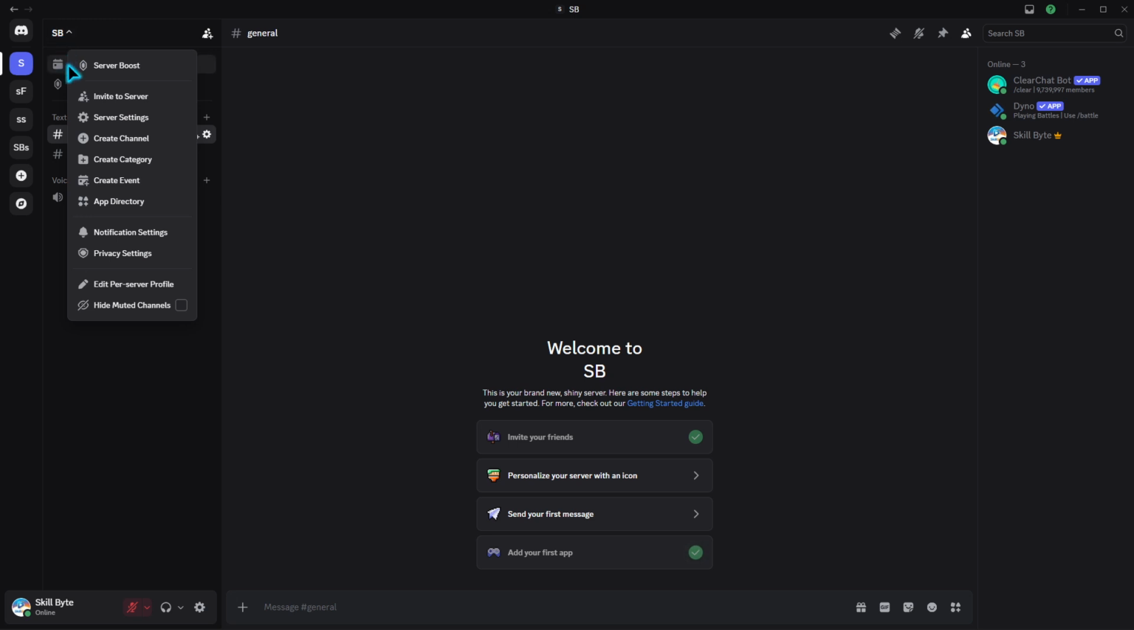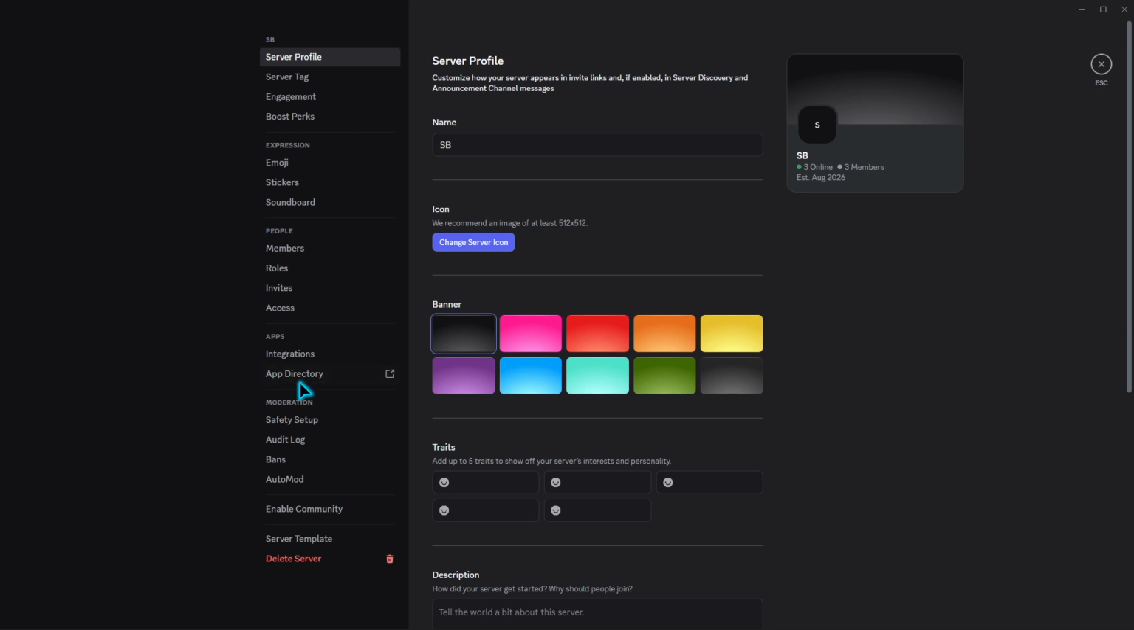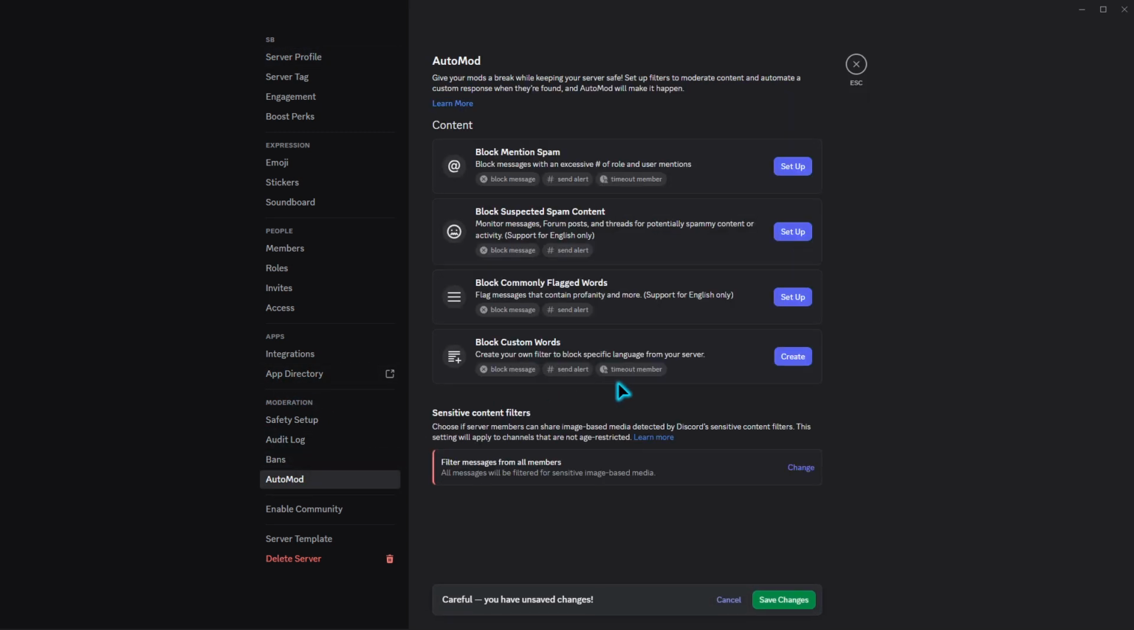Once you're in the settings area, look over to the left sidebar and find AutoMod. Depending on your layout, it may appear under Safety Setup or Moderation. Click that to open Discord's automatic moderation tools. This section lets you create rules that can automatically respond to certain types of messages without needing a moderator to